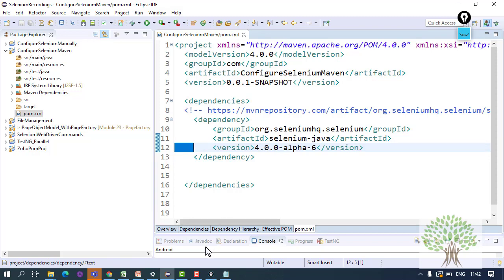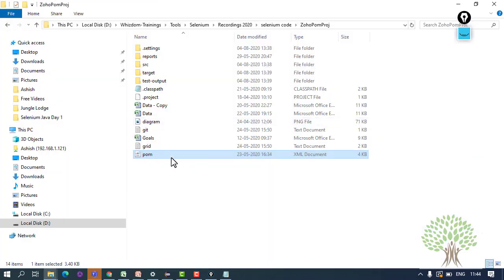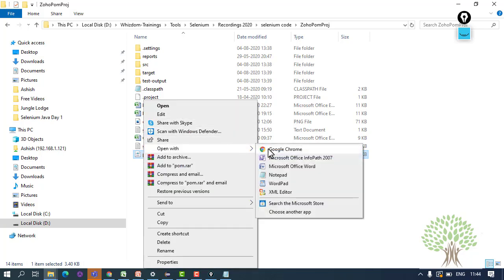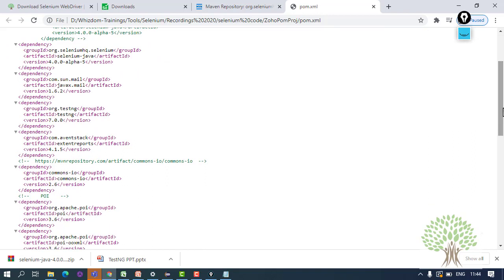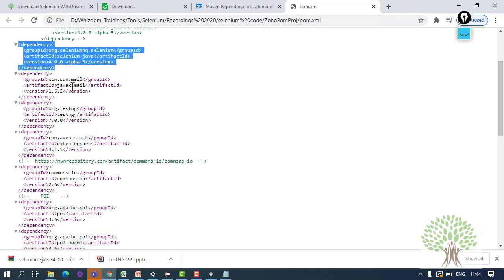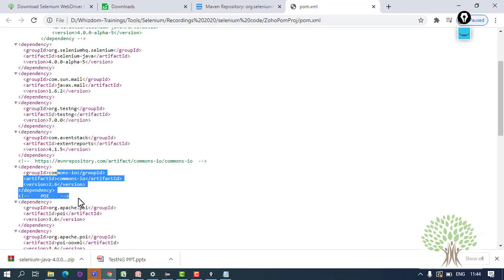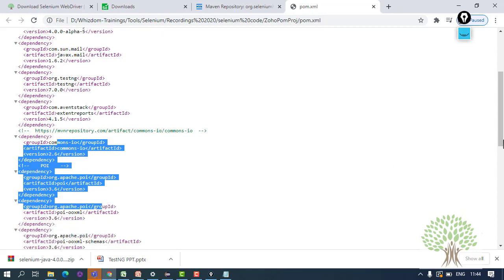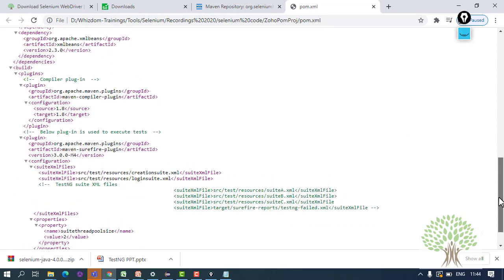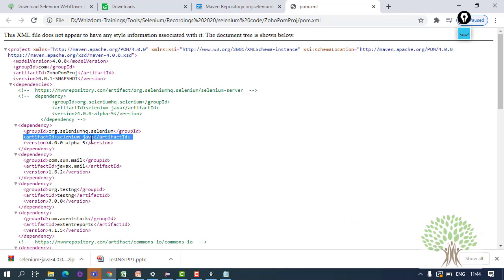It is not just about Selenium. For example, this is one of my page object model frameworks. In this I have used this pom.xml file. If you open this pom.xml in this project, you will see that my project is dependent on Selenium. It is dependent on some other jar files as well: TestNG jar file 7, extent reporting jar files and POI API jar files to read Excel files and all. So there are lots of dependencies, not just the Selenium dependency. When you work practically, there are lots of jars which you need in a project. You just don't need the Selenium jar. Apart from that, you need many other jars.